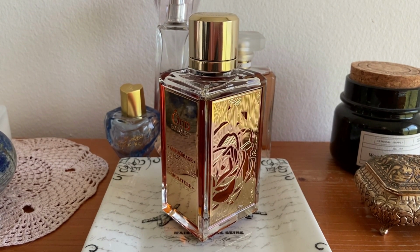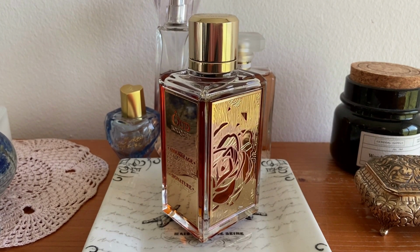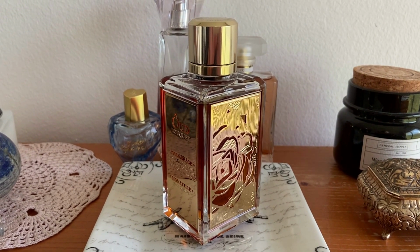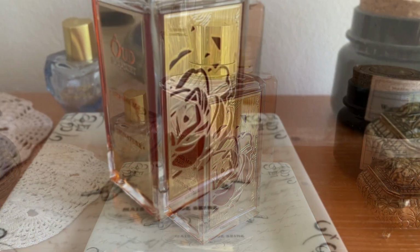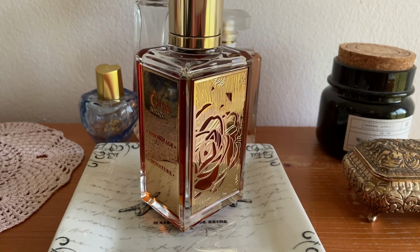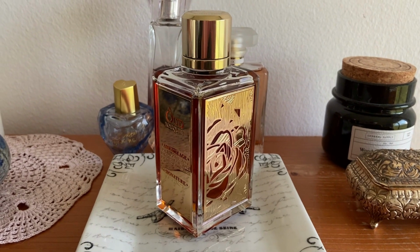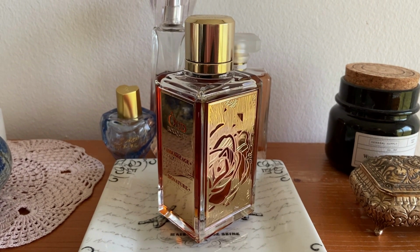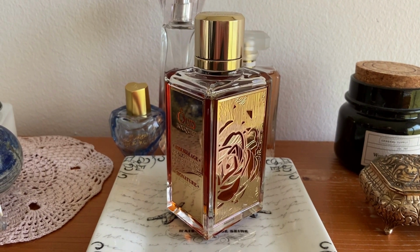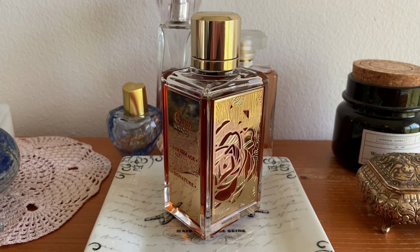So in a nutshell, Oud Bouquet is an absolute modern classic. It's such a rich, deep and dense rose oud vanilla scent. I think it's a must-have for someone who loves oud, who loves rose and who loves vanilla. If you don't like the note of oud, or if you don't like woody perfumes or gourmand perfumes, I suggest that you avoid this one because it's really strong and it's really potent, and I think it's the strongest non-vintage